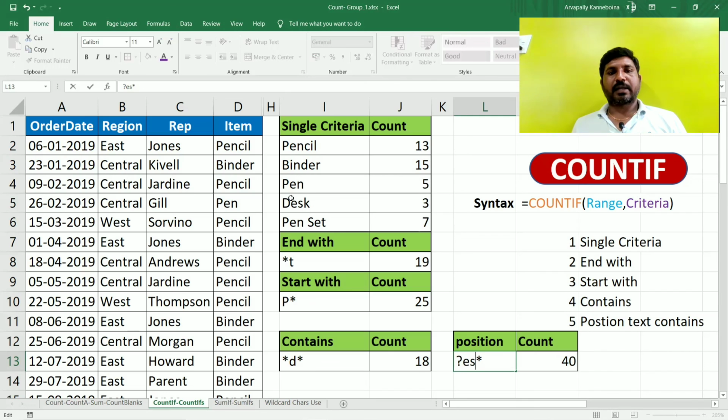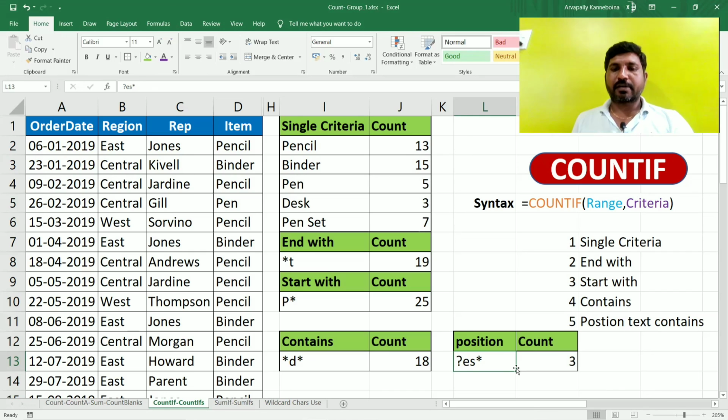So the first letter should be anything. So 3. This is the position match. We have given the condition: the first letter can be anything, the second and third should be ES. After that, any text, the formula should not consider for matching. So this is the COUNTIF function.